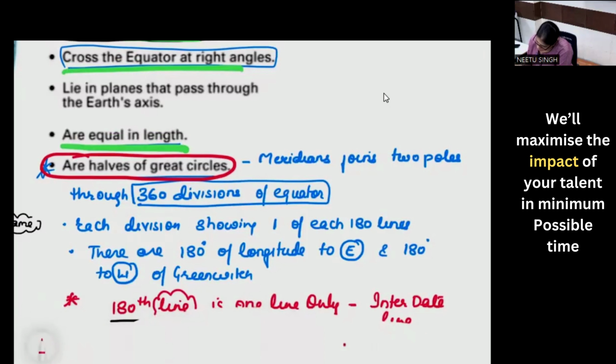And when you try to take up the demarcation of half circles, 360 divisions of equator, each division showing one of each of 180 lines. Isliye prime meridian, this is my prime meridian, I have got